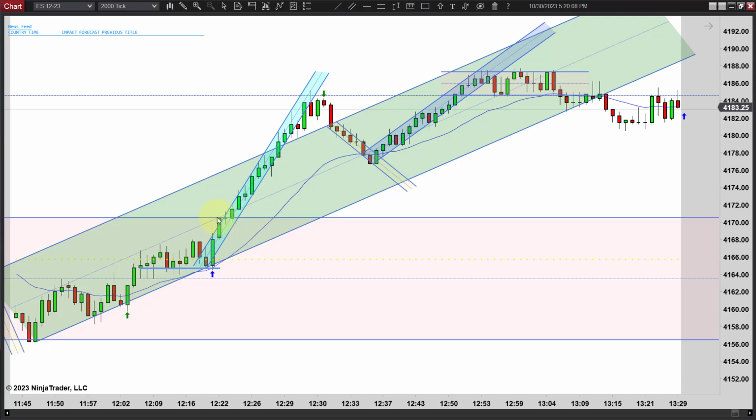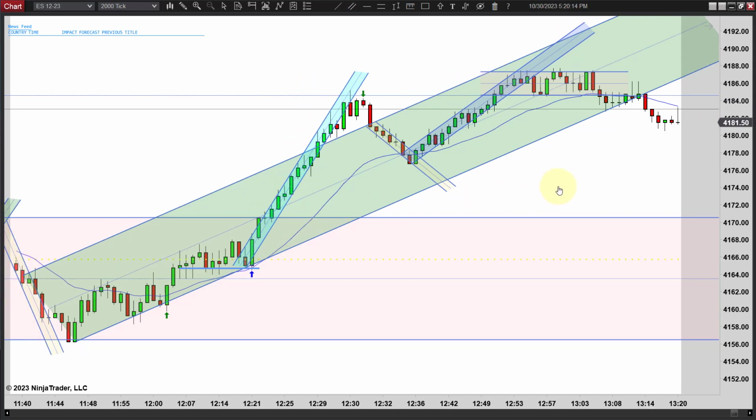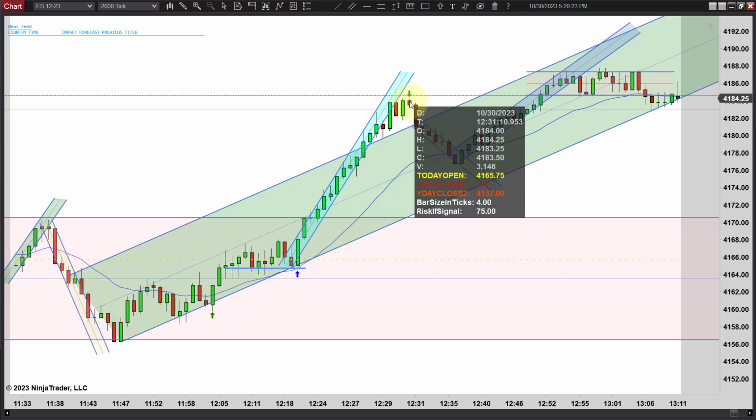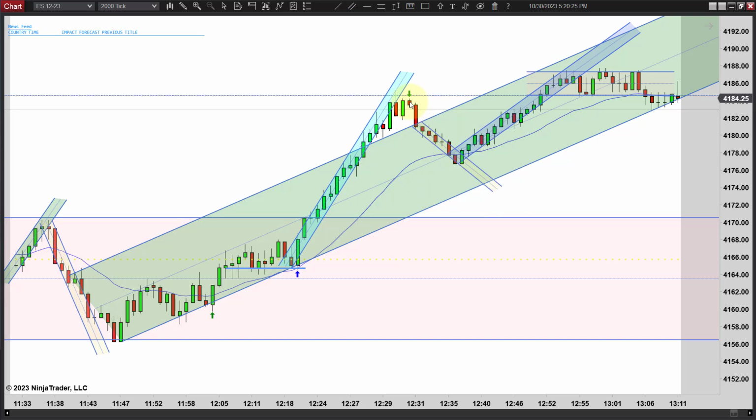You're only expecting it to go to here, and you see where it finds resistance, and it looks like it's going to turn down, then it rockets higher. So runs up, get a close outside, a couple little pushes. I like this one. It's a lower high and it's only 4 ticks. I marked it green because this was pretty bullish right here. But again, this is another low risk one.